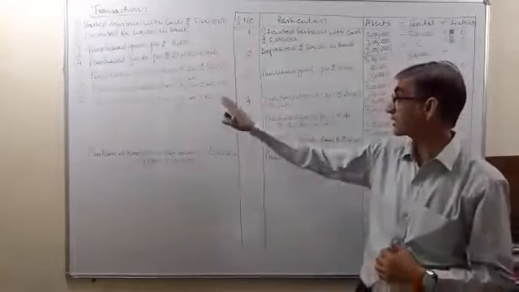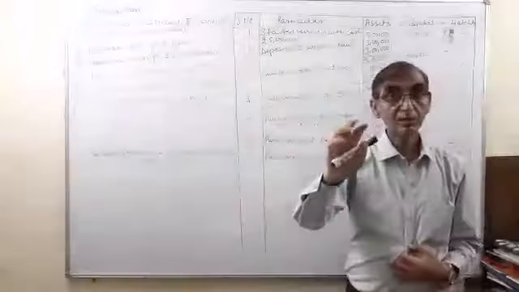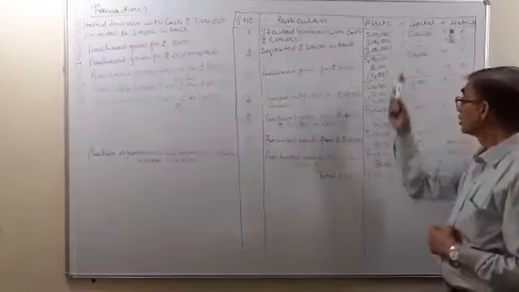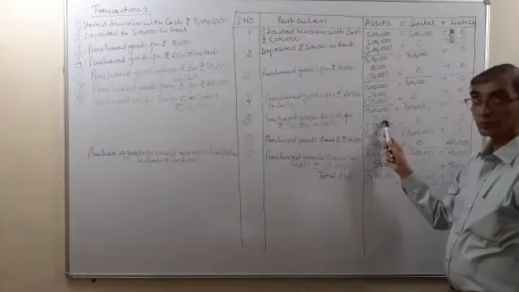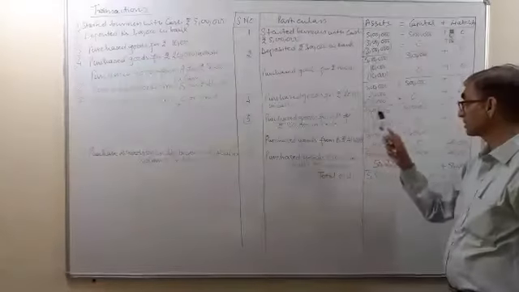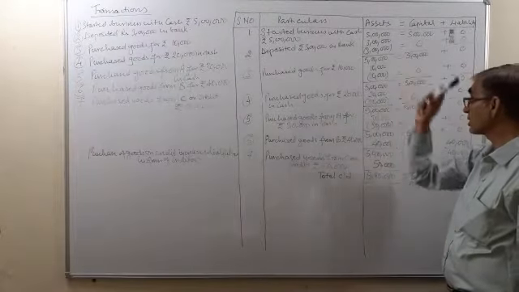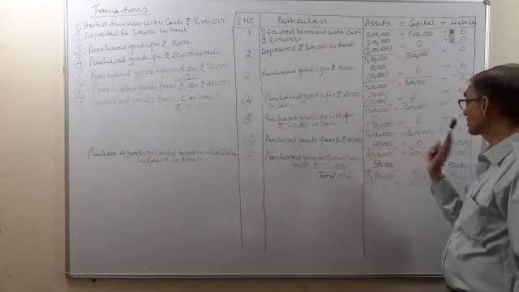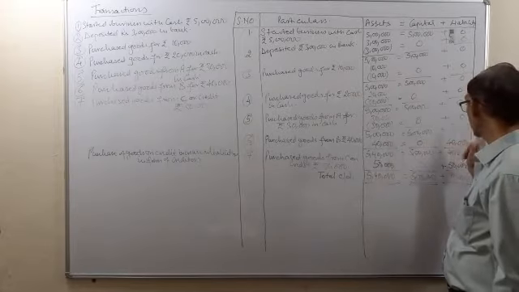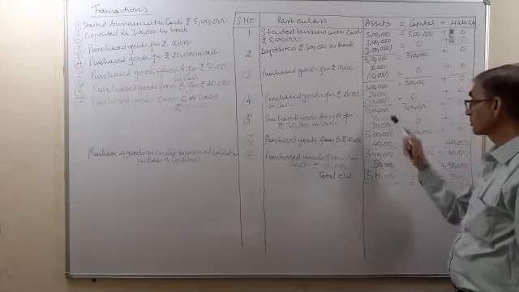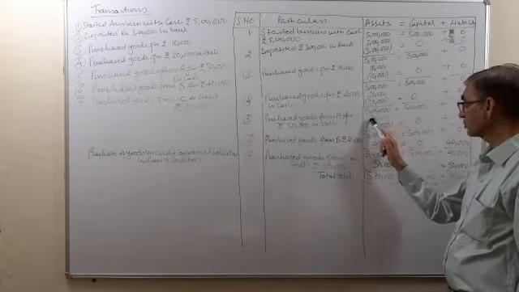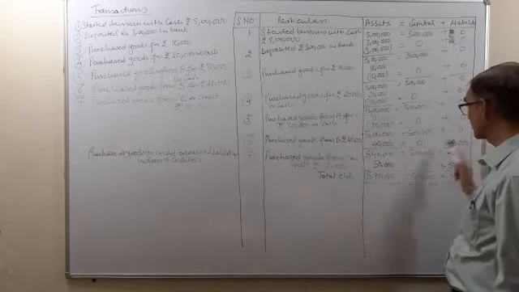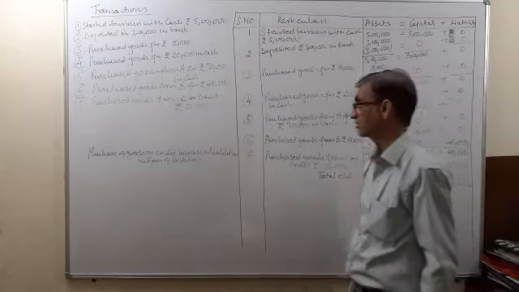Here again it is a cash transaction because we have purchased the goods from Mr. A and we have paid him. So our asset will increase by rupees 30,000 because we have purchased the goods and these goods will constitute our stock, and cash is going out, so 30,000 will be subtracted. No effect on capital, no effect on liability, both will be 0. Therefore from 5 lakh plus 30,000, 5 lakh 30,000 minus 30,000, again it comes to 5 lakh, and here again 5 lakh. Again the accounting equation is balanced.